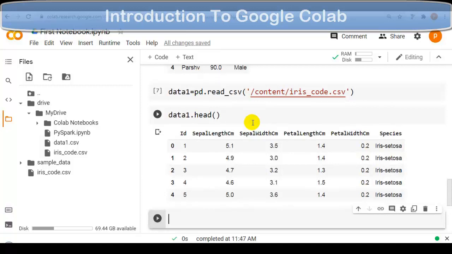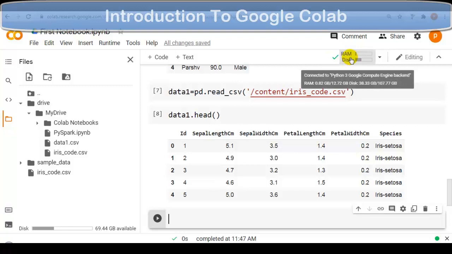So this way we can upload our dataset, first from Google Drive, and second from our local machine, means from our local drive. Also here you can see RAM and disk allocated for this notebook. Please remember, in the future, if we want to work with a machine learning library like TensorFlow, it has two separate packages, one for CPU and one for GPU.